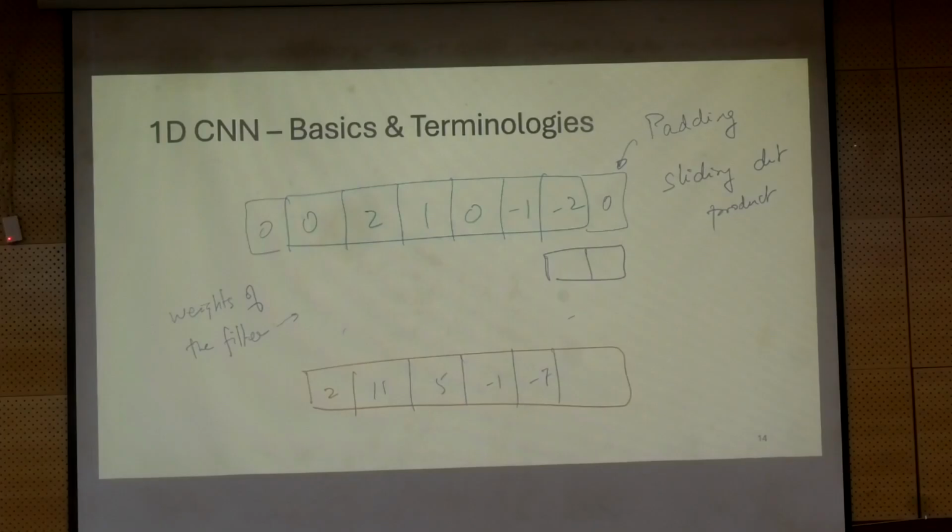So padding is that operation. You can actually add more and more zeros, depending upon the filter size, depending upon your stride. So in both these examples, I have used a stride of 1. You can actually go to a stride of 2, and then you will see that it will jump, and your feature map will go down in size.